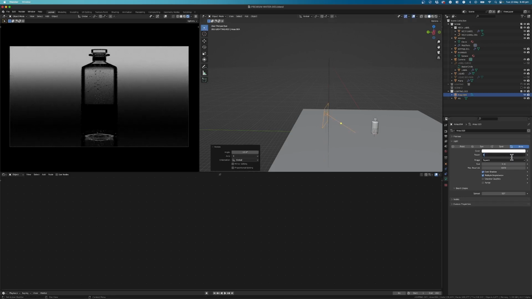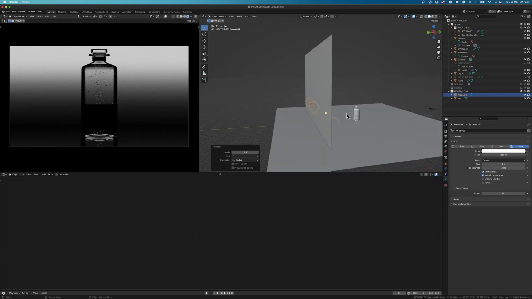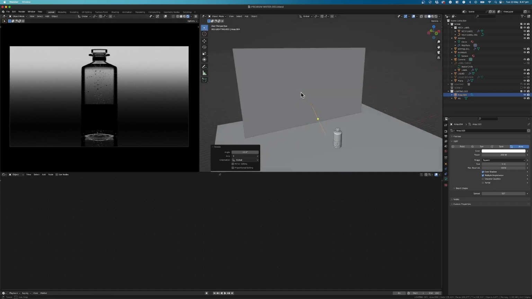And I'll punch up the power. Let's go 250. I think that looks fairly good. Alright, so I'm pretty happy with that. Now recently, because I'm